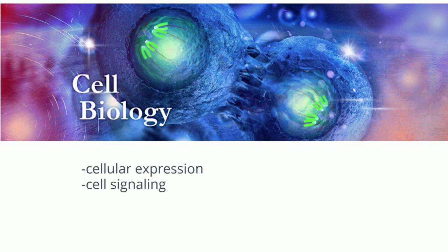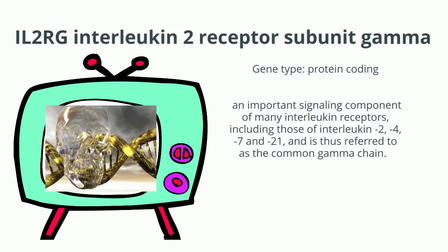From cell biology class, I've learned and gained more insight about cellular expressions that can explain the pathology of the disease. For example, cell signaling that produces the components of T and B cells in the body. For cellular expression,